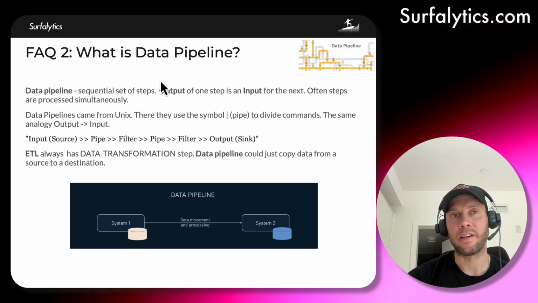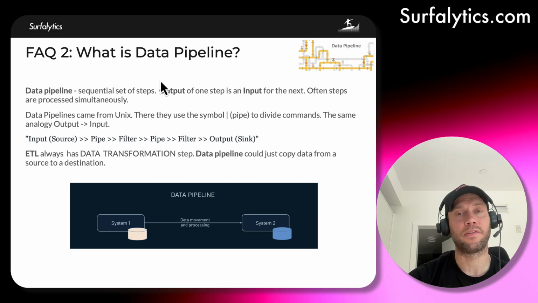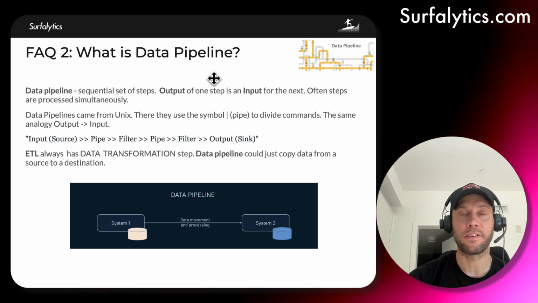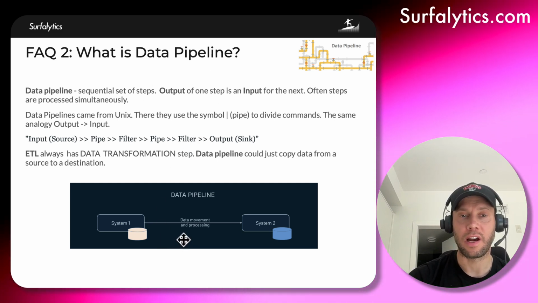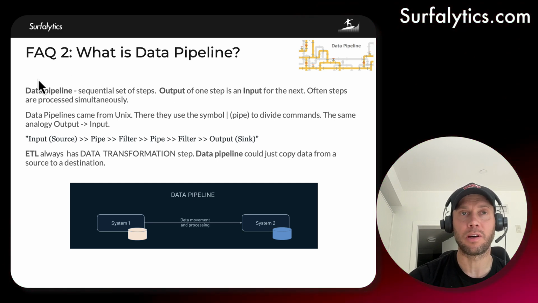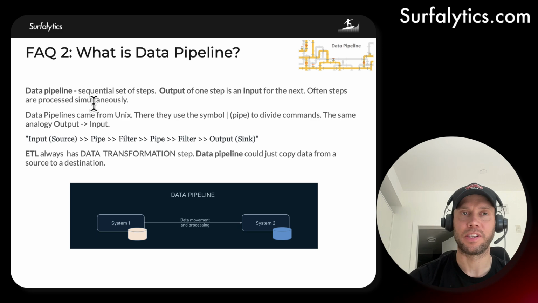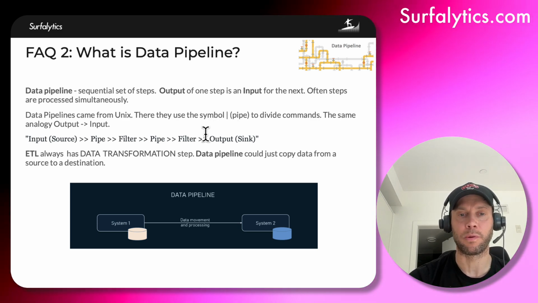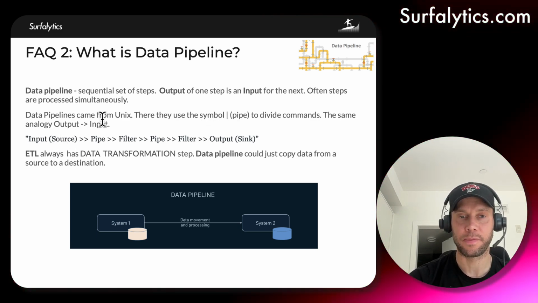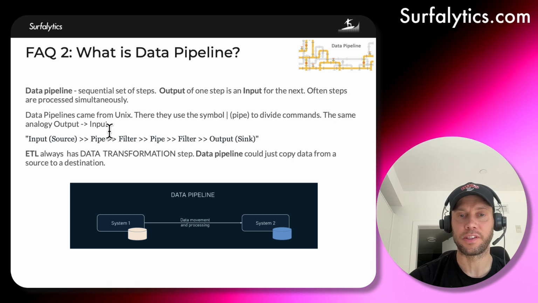What is a data pipeline? So a data pipeline, for me, is very similar to a job. That's the thing that does the transformations. And you think about data pipeline as coming from pipelines from the plumbers, but actually there is another theory. It's coming from the word pipe from Unix. So, this was the